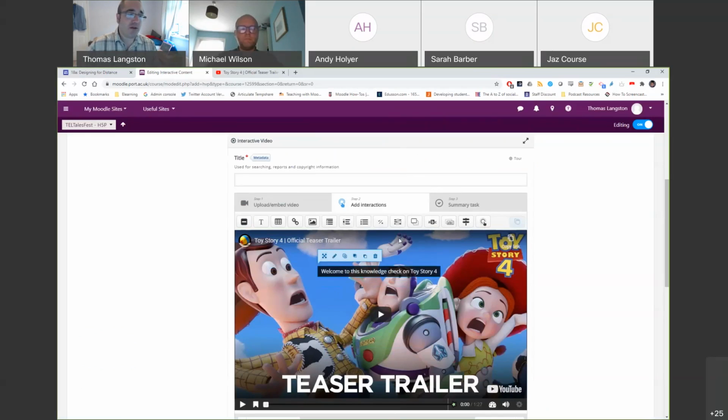If you had multiple labels or other bits of content, you also have send to the back and send to the front like you do on PowerPoint, where you can change the layers of what sits over what. So that's quite useful. You can copy it, delete it, edit it, and transform just lets you move it around. So if I click play now,